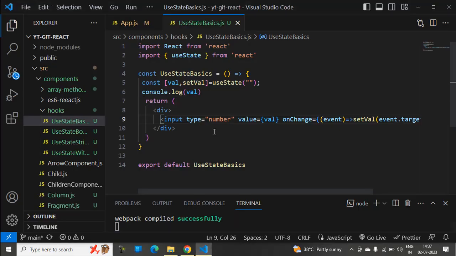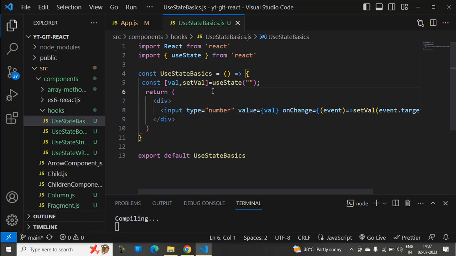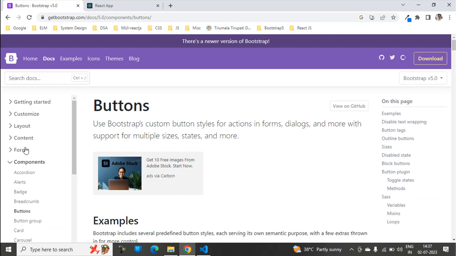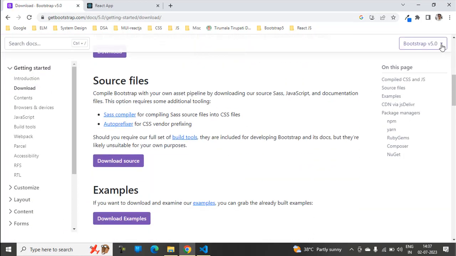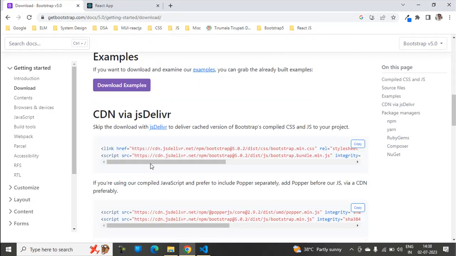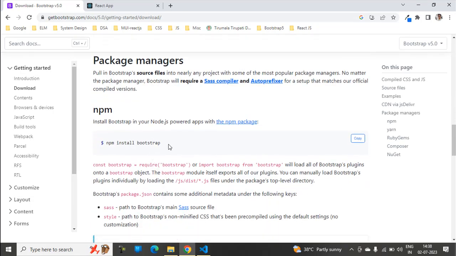Now we'll do some adjustment by using bootstrap. Let's install bootstrap here. Already I have installed bootstrap, but let's focus on how you can install it. First of all, go to getbootstrap.com and click get started. Within the download section we have version 5.0. The condition is that it needs to be installed with npm install bootstrap. You need to copy this,